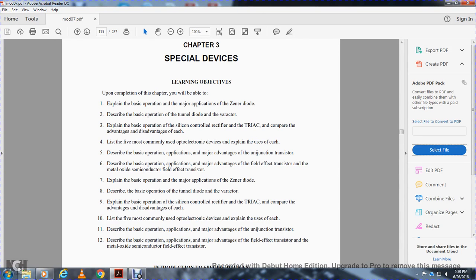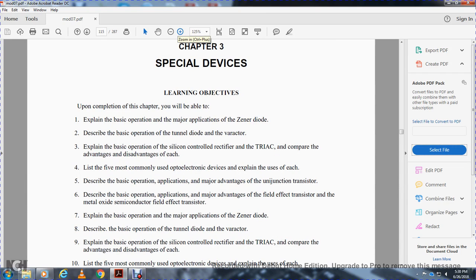Alright, Module 7, Navy Electricity Training Series, Module 7, Chapter 3, Special Devices. Upon completion of this chapter, you will be able to explain the basic operation, major applications, Zener diode, descriptive and